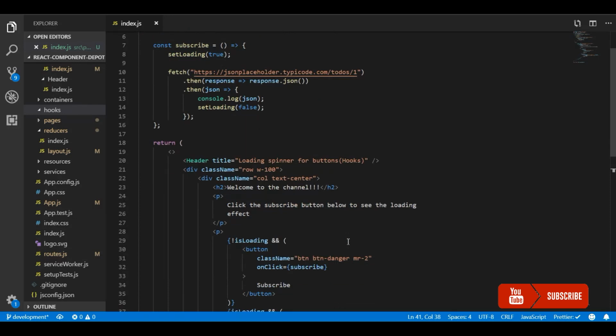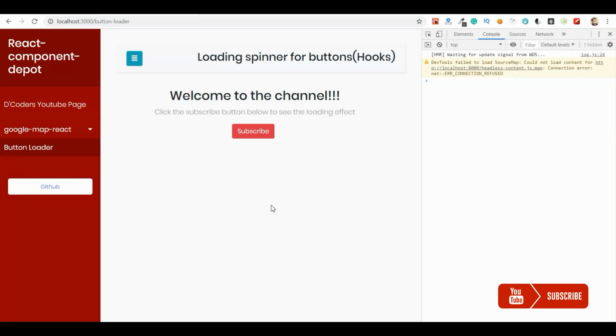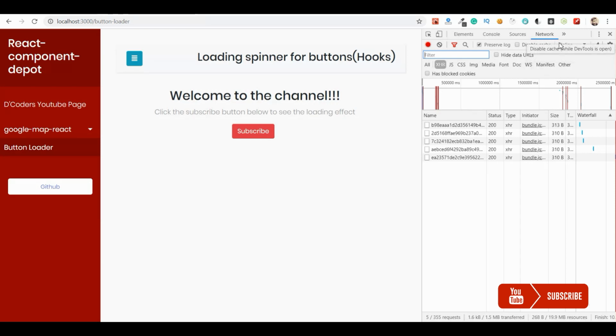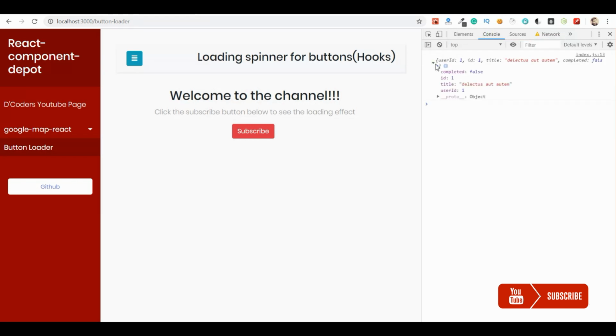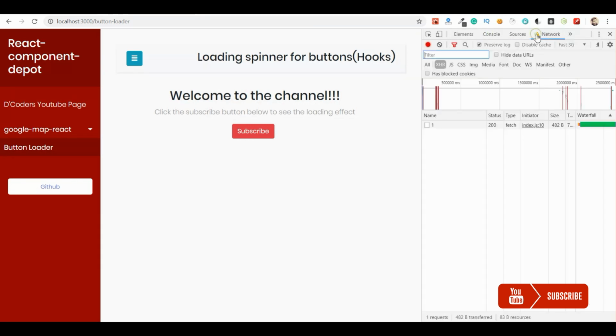Method one is the easiest, simplest way of adding a loading spinner for a button. A straightforward approach. For consistency, we'll change the network speed to see the loading spinner for a longer time, since usually this request takes milliseconds. Now the state is loading, so we are seeing the icon, and the text changes to subscribing. Once the response comes from the server, you can see the response in the log because we logged it in the API call. Then this will change back to the normal state, so that the normal button will be visible.